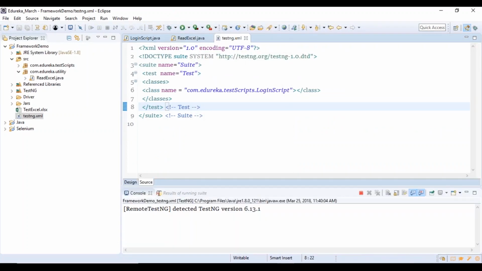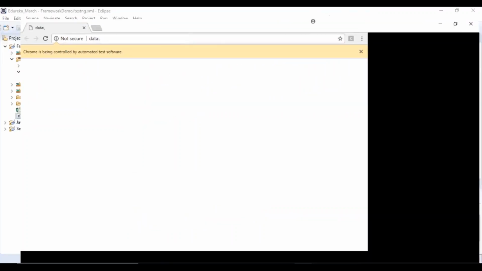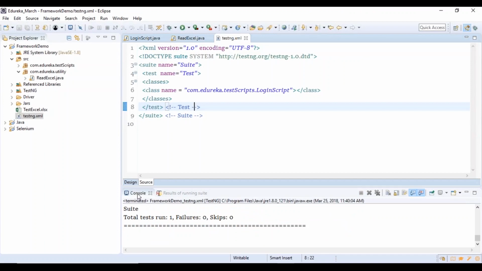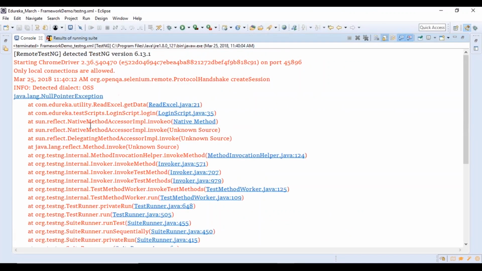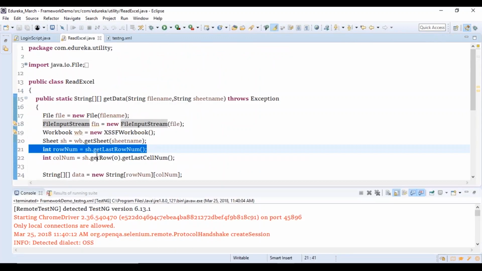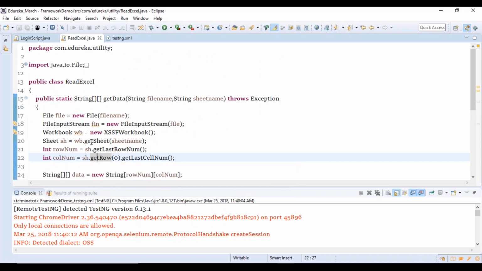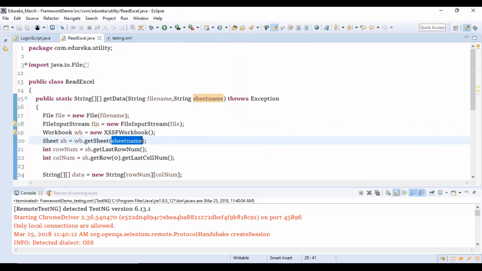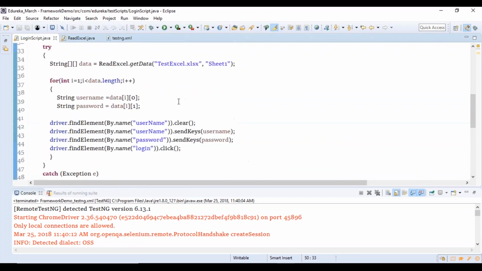Alright, so now it is going to perfect. It is slow navigating through the URL. Alright, there's an exception. So the exception is null pointer exception, which is in your read Excel file. Okay, let me see where it is. So the sheet name that I've passed is what? Wait, let me go to your read Excel. What is the sheet name? Perfect. So this is the sheet name I've taken. So where is my sheet name which I've passed?